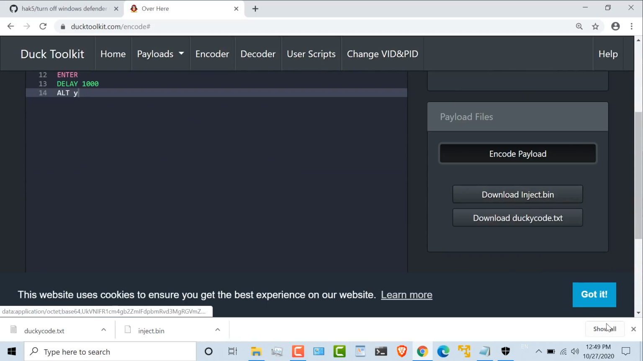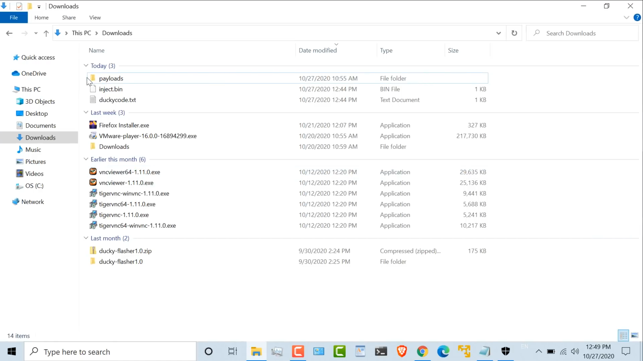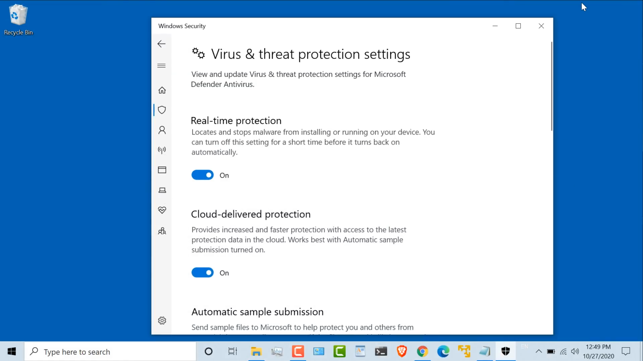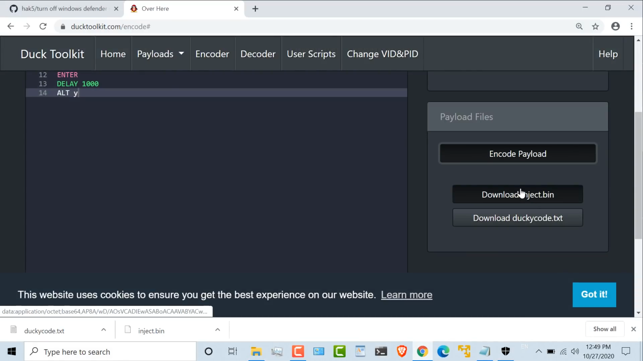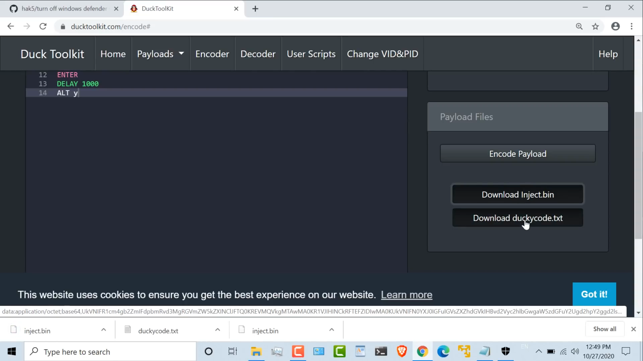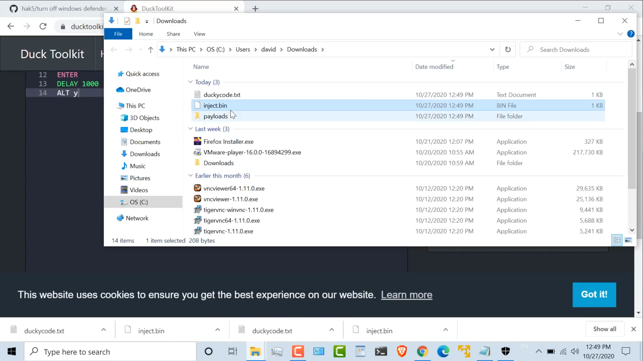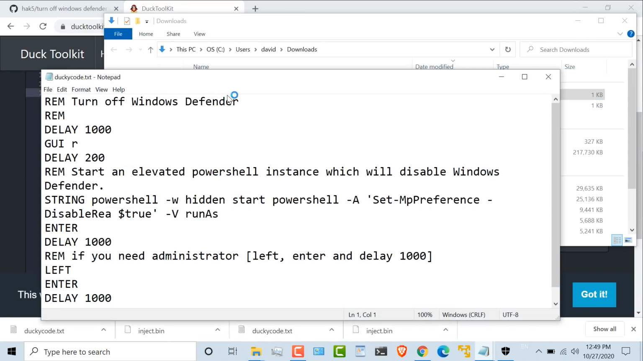And now I can download the files. Just before I do that, what I'll do is move the original payload file to a subdirectory. I'll download inject.bin and download my code. You don't obviously have to download the code, but I'll just do that so we've got that. So there's my ducky code,